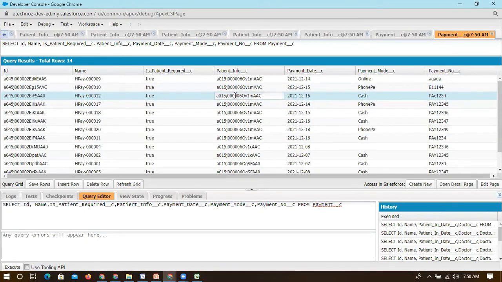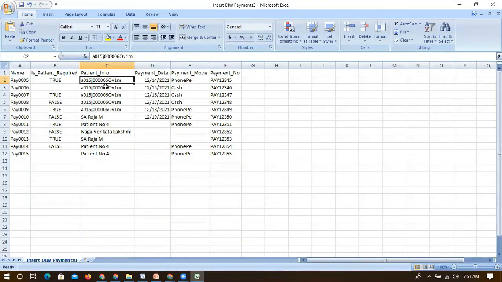I have to connect this to patient, right? So this is the lookup. In the patient lookup, if you can see, there are a total of 18 digits, like 3, 6, 9, likewise. If you copy this and try to update this data, it will throw an error. It will not consider 18 digits. Even if you have 18 digits, you have to remove the last 3 digits. Then it will consider all this data.